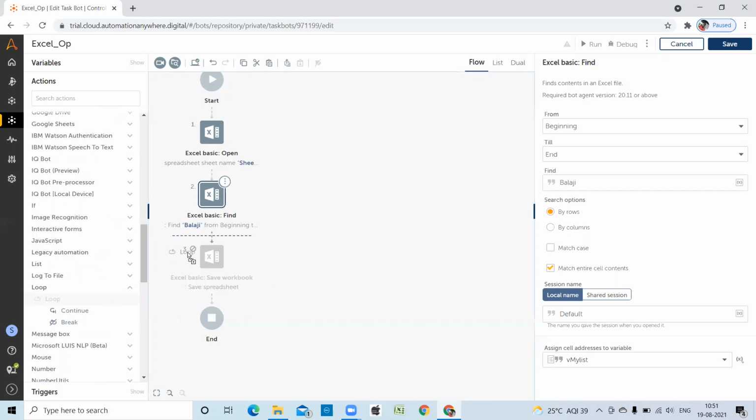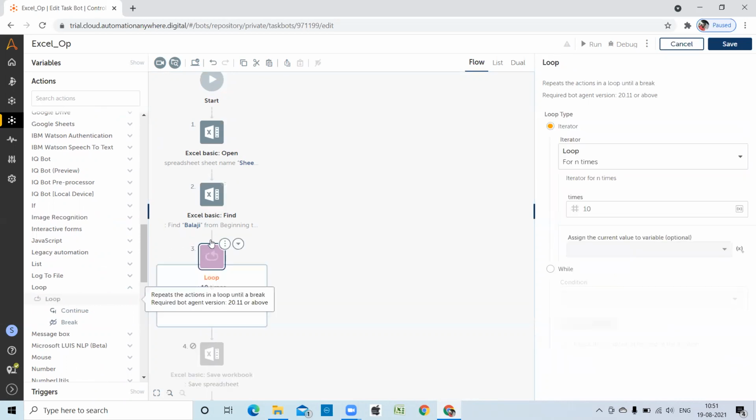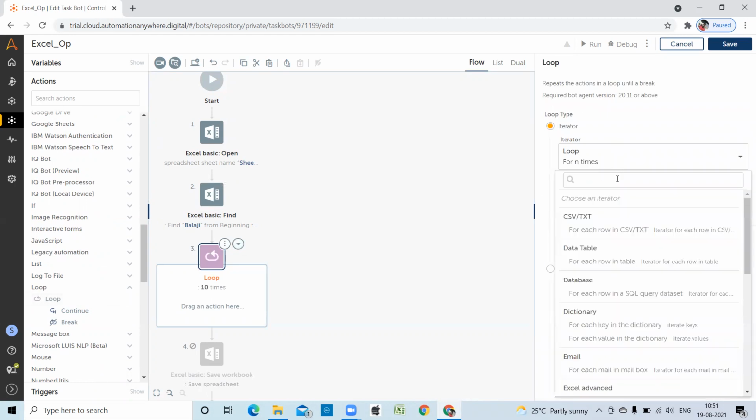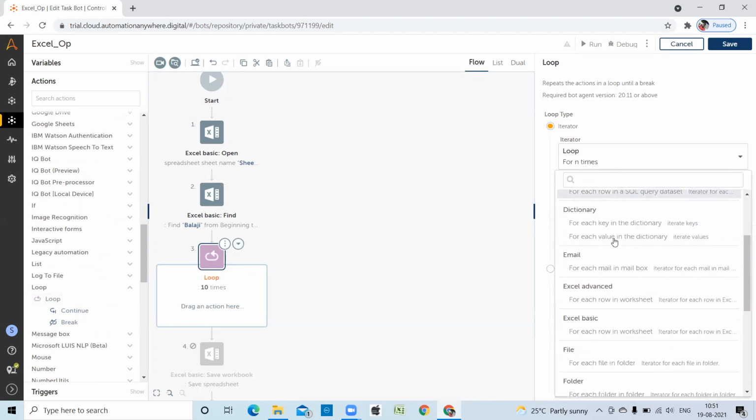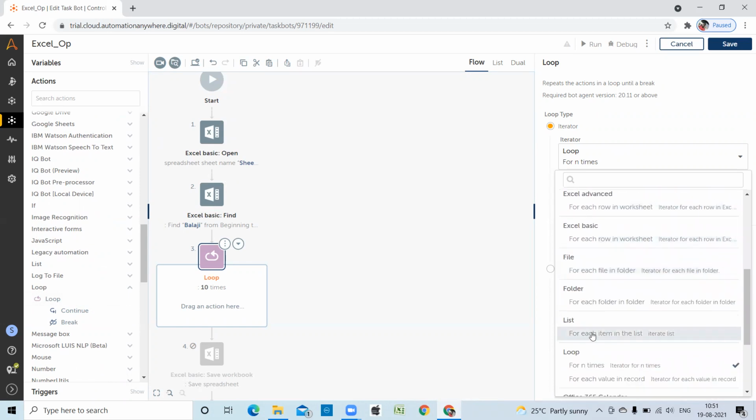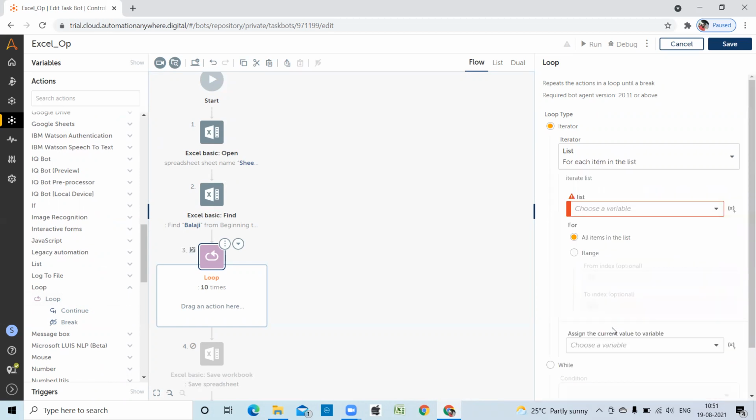Drag and drop the loop. You can see here list is there, right? Select list, choose variable vMyList. Here it will display only list type variables. All items in the list.